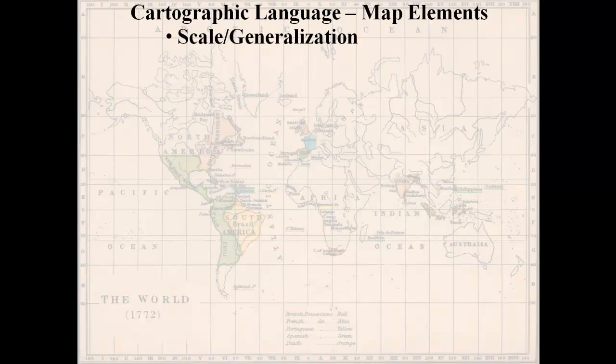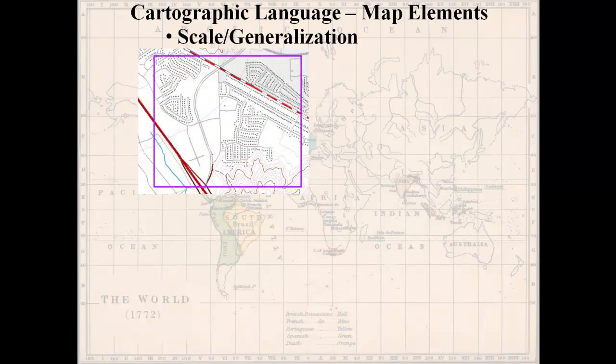Scale and generalization. Here's an example of this where I'm zoomed in quite a ways to a city, it appears. I have linear features that appear to be roads or streets, and they're different symbols, so they mean something. There's obviously a legend here. I have streets and I have houses in here, and so in this case I've got a lot of information,